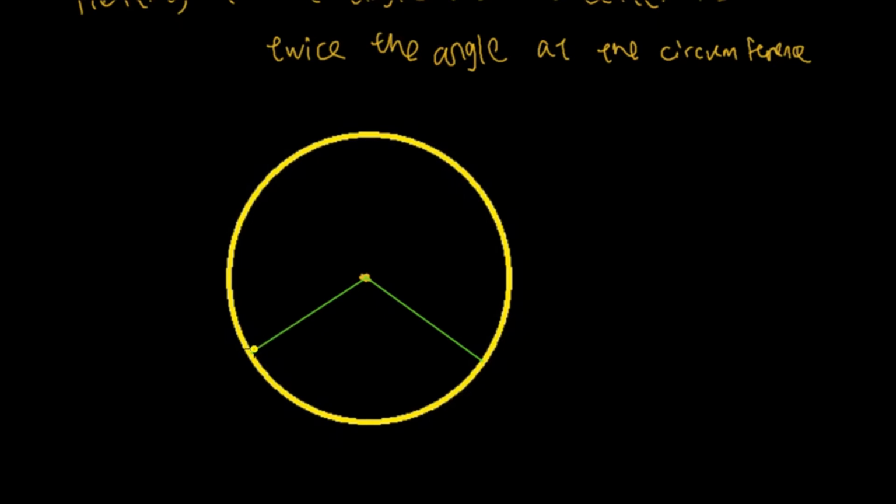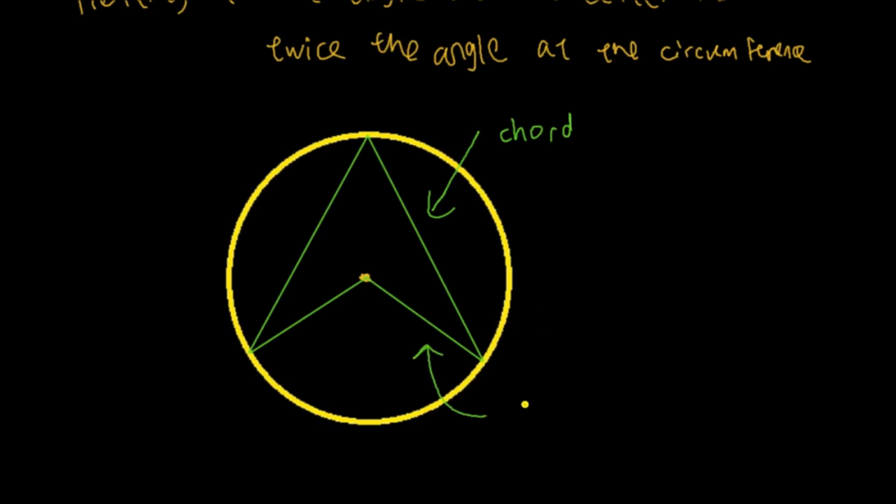Okay, so I will extend another line here to the other side of the circle. And over here, the same thing. So we extend it like this. These two lines are called the chords. That is called a chord. And this is called the radius. Okay, so now I'm going to erase this because I don't need this.